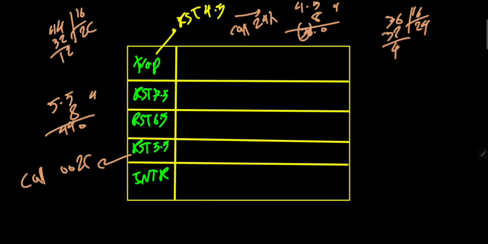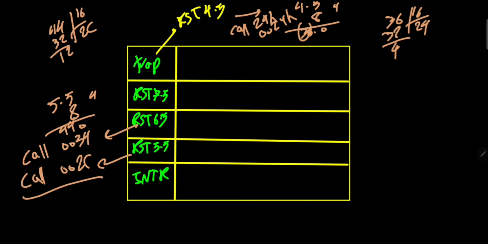We know addresses are actually 16 bits long, so 2C means 002C, as 24 means 0024 in hex. So maybe RST 5.5 means call 002C,